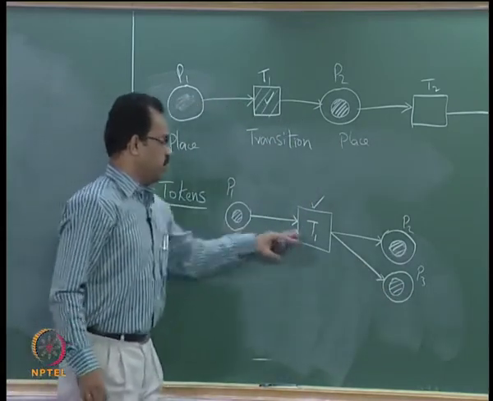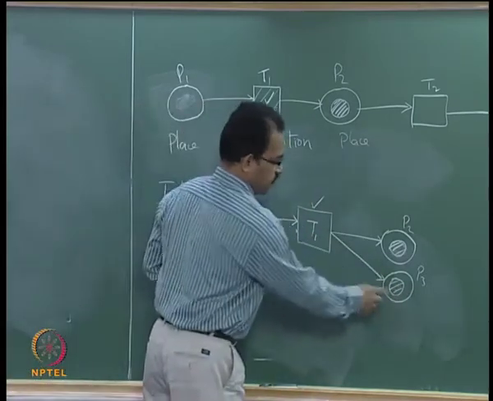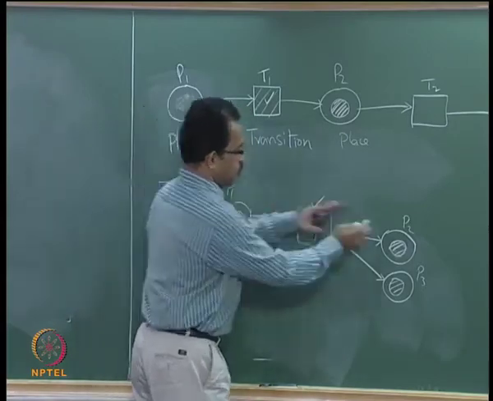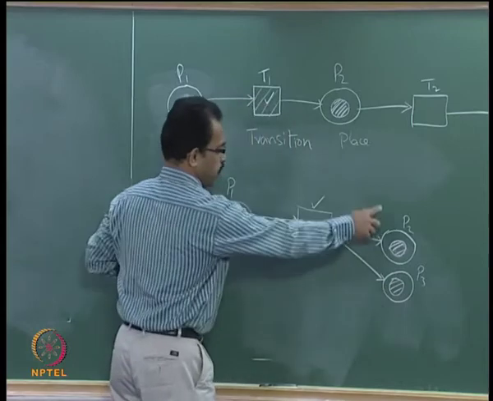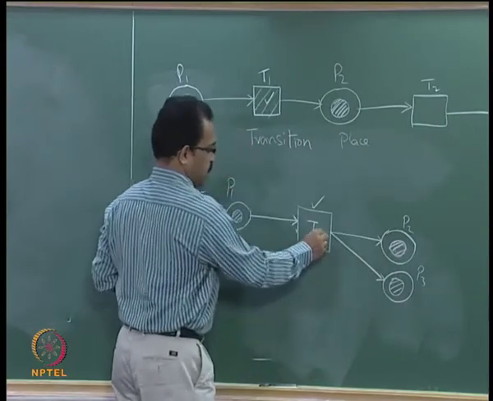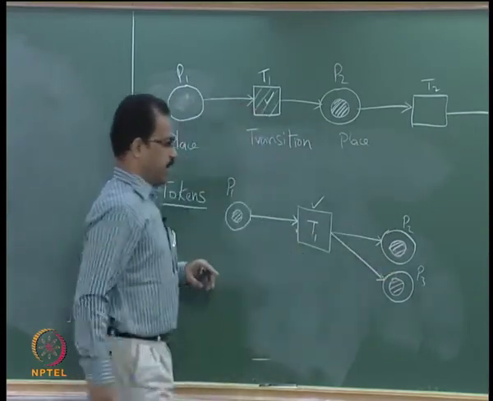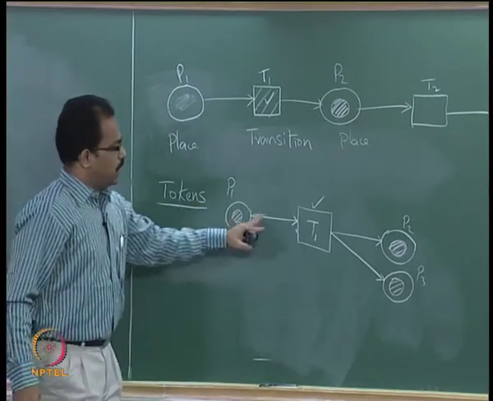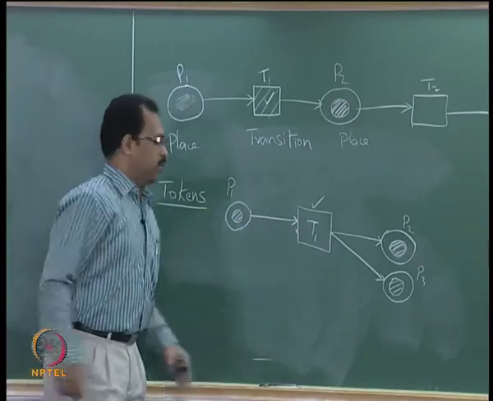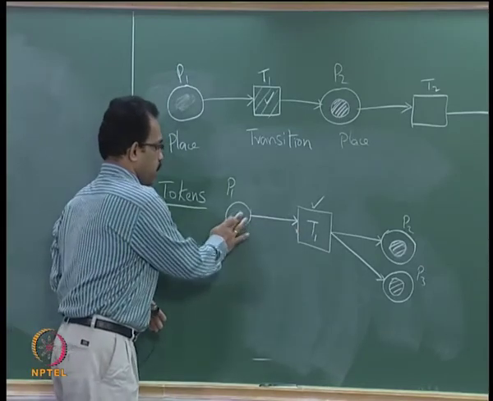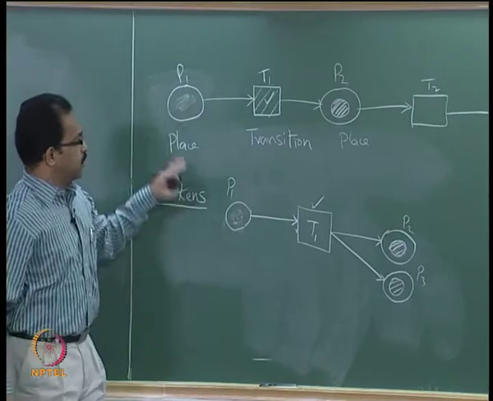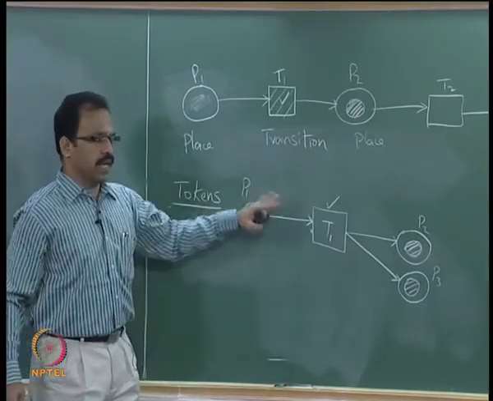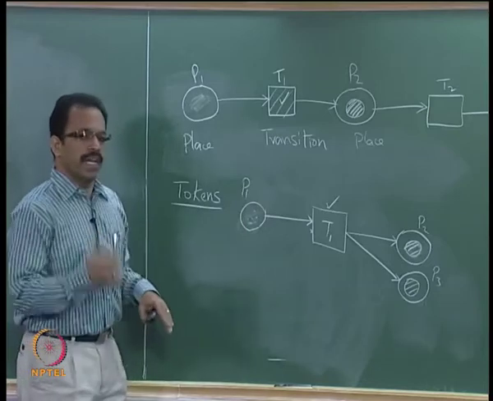The number of places connected does not really matter. The transition simply shows that from this status it has moved to this status. Any number of places can be connected to this transition, and all of them will be concurrently activated. That is the condition for a transition. Basically, the Petri net has places, transitions, and arcs, and using place, transition, and arc we can show many dynamic situations.